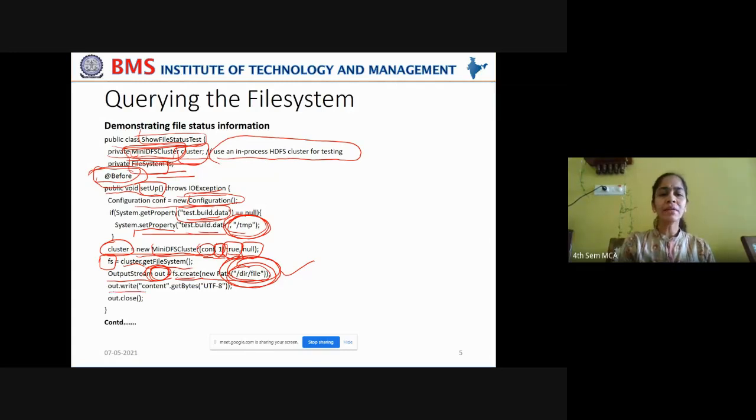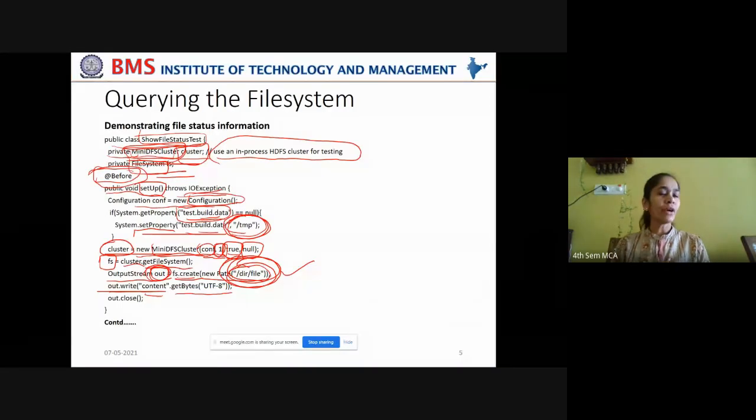So you write the data from the output stream by referring to the content, and get the bytes using UTF-8 format. It is an 8-bit Unicode Transformation Format which will help you to transform a string into UTF and UTF back to a string.